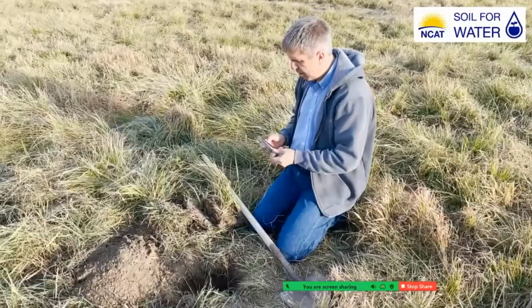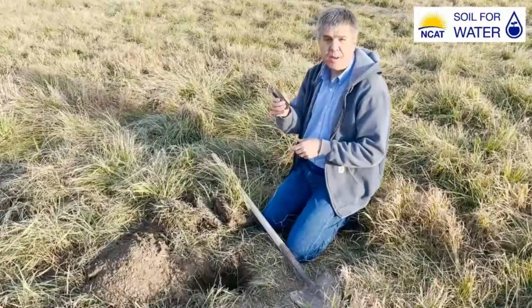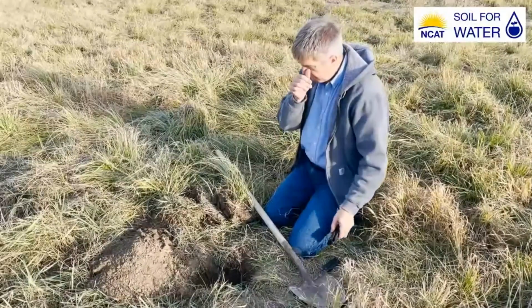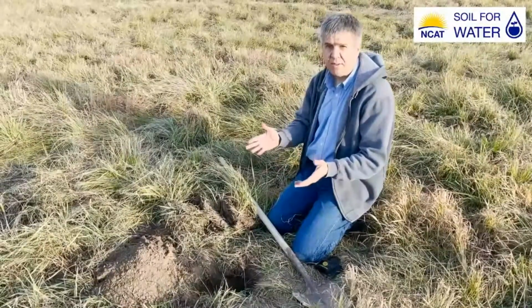A pocket knife can also be very valuable once you do a little bit of digging, being able to see the face of the hole that you just dug. So we're just going to use these two tools. One of the things that I like to do when I first come out to an area to assess